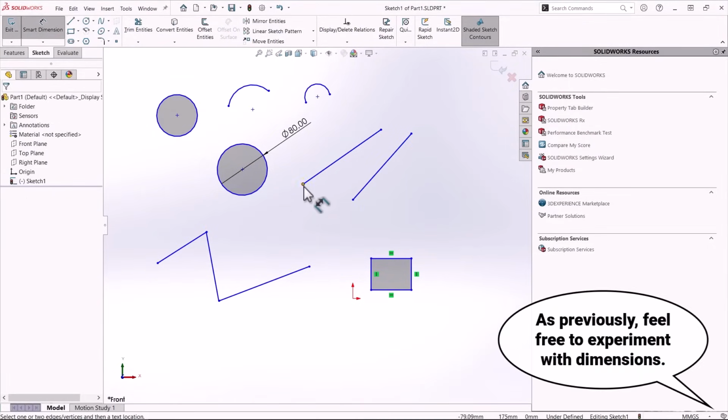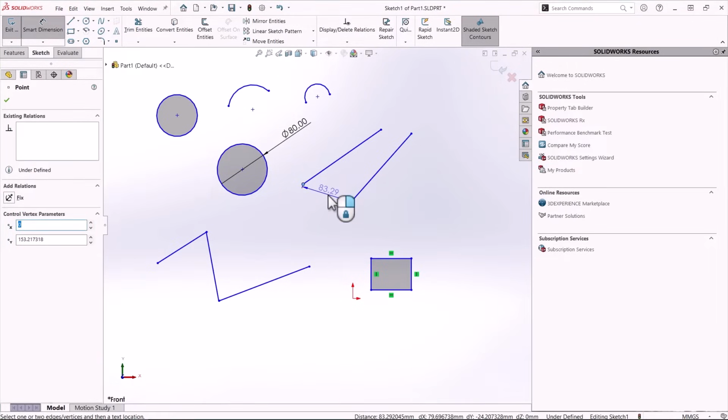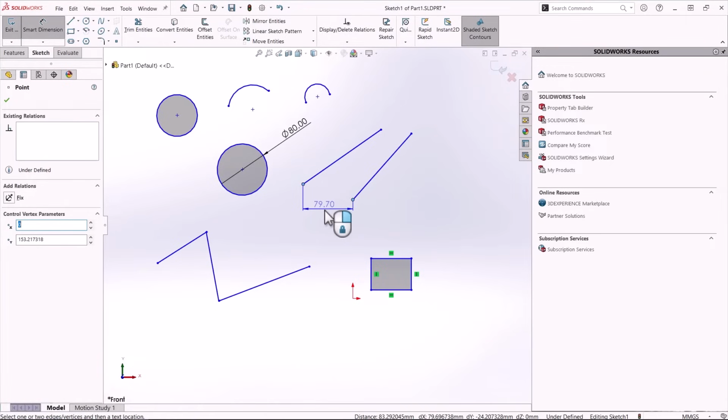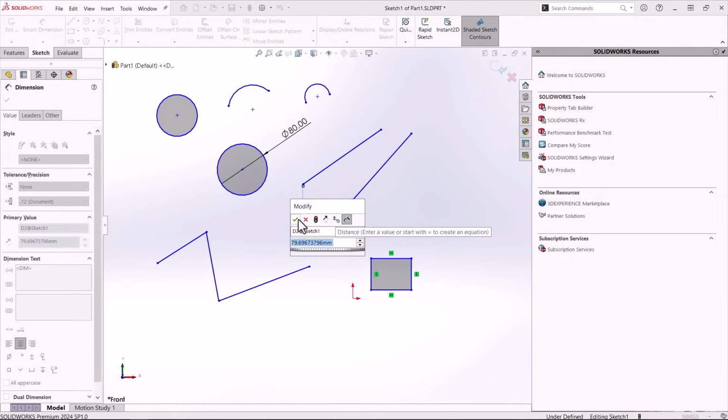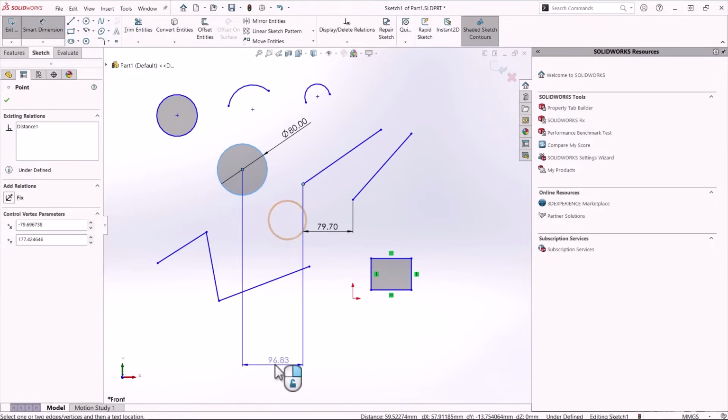When selecting 2 points, you can get the direct distance between them. However, be mindful that moving your cursor vertically, the tool gives you the vertical distance, while moving horizontally, you get the horizontal distance between the 2 points. To avoid giving a wrong dimension, simply right-click once to lock the dimension orientation you prefer. Also, to avoid mistakenly clicking on other sketch entities, click once when you are further away. I encourage you to select multiple entities to explore the dimensions you can get.